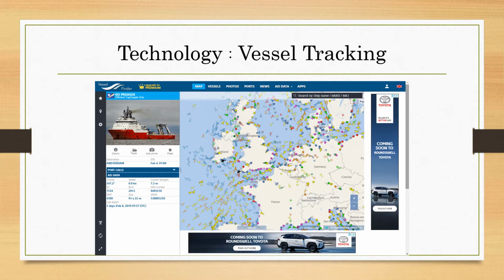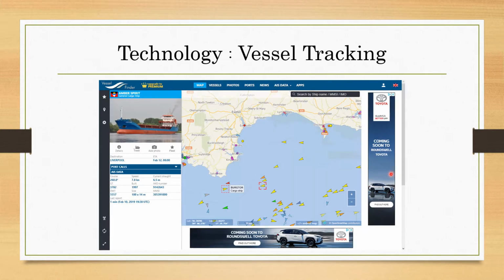So if we go in a bit closer, here we are off the coast of Exeter. I looked at this earlier when I was setting this up today, and this is just an example. You would be watching these in real time. You can hover over any of these and look at information about the vessel. All of these are mostly cargo ships going in and out of the Channel, so they'll have travelled up to somewhere in the UK, or gone into the Baltic Sea, or to Holland or up to Norway, or from Dover, Calais, wherever it may be. So there's a fair amount of traffic just off the coast of Exeter,